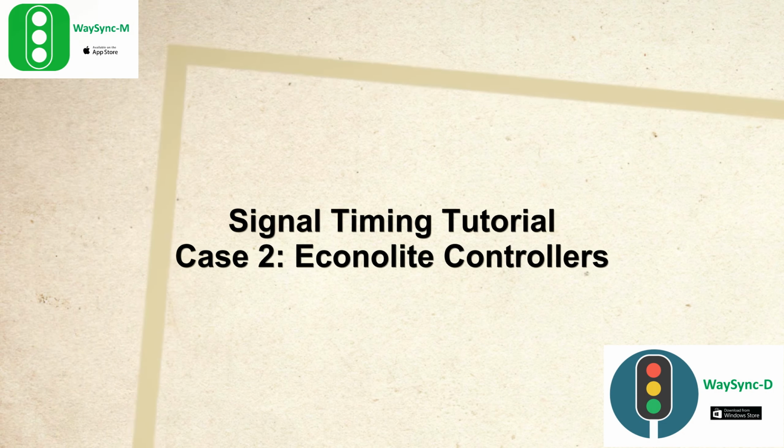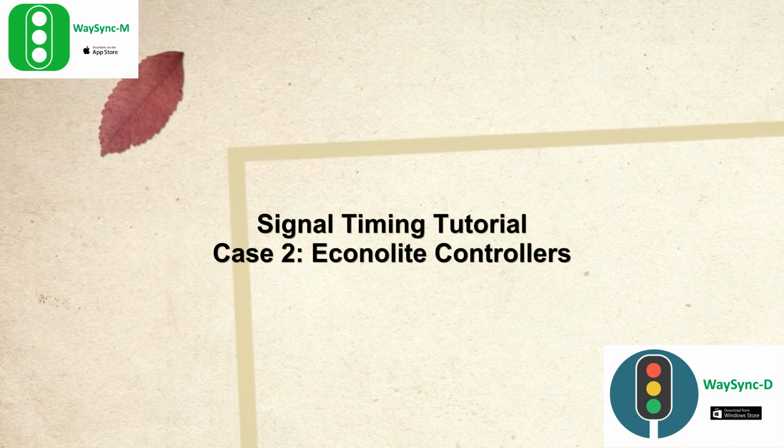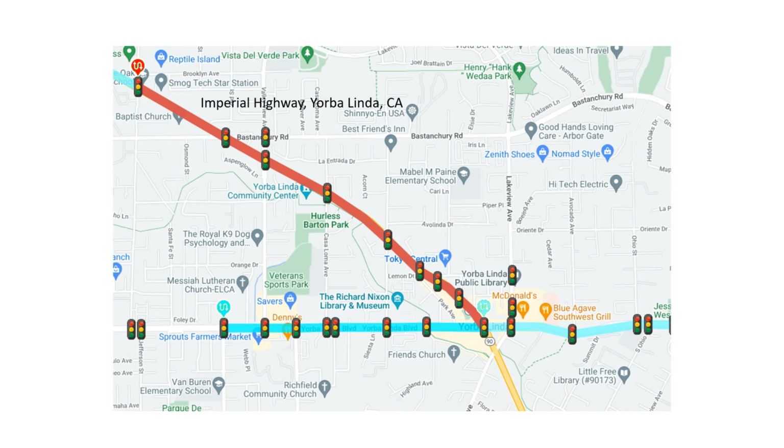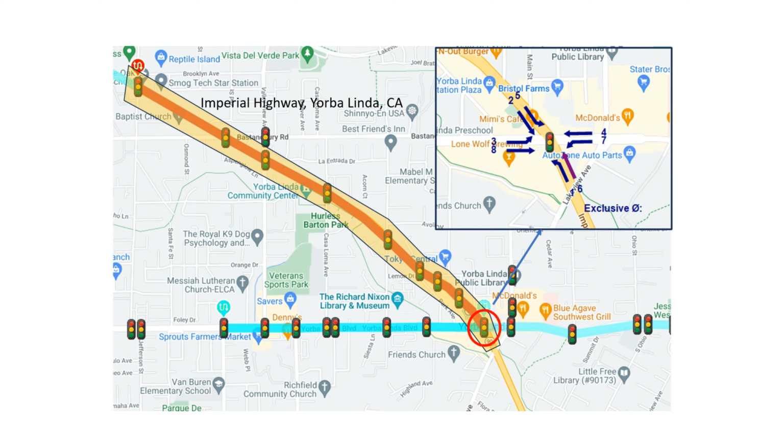Signal timing tutorial using Econolite controllers. The arterial is a segment on Imperial Highway in Yorba Linda, California, which has 9 signals. Let's use the intersection of Imperial Highway, Yorba Linda Boulevard as an example, which is located at the south end